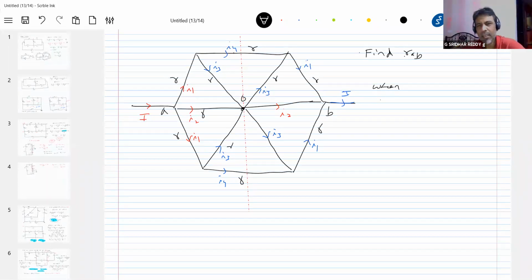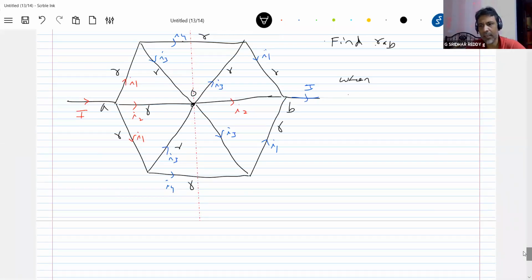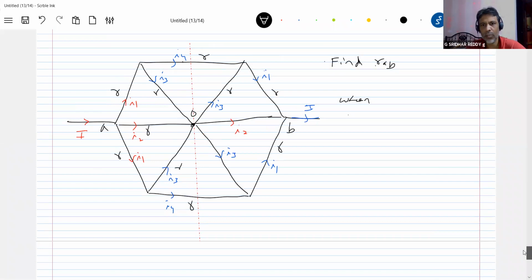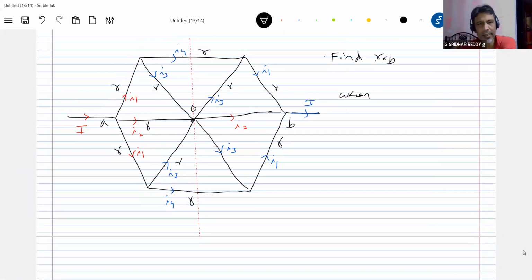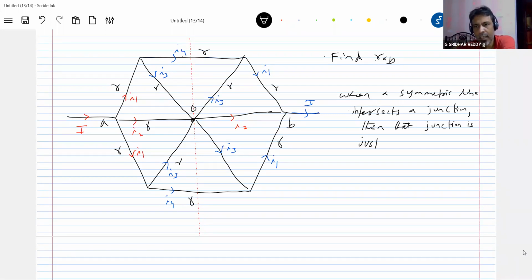We have more than 300 different methods, of which for our syllabus we are putting around 10 or 15. Not one or a few, more than 300 methods are there. So there's a theorem they have proposed here: when a symmetric line intersects a junction, then the junction is just a